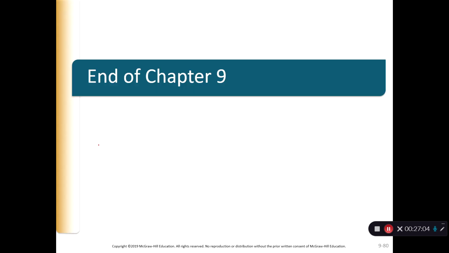Okay, so we are at the end of chapter 9. I wanted to give you a quick review of what's happening. We are talking about long-term debt. At the beginning, we said we were talking about the capital structure, right? We said there are two ways of financing. One is borrowing, and one is issuing equity, right? And we said borrowing is actually cheaper because there's a tax benefit, because the interest expense is subtracted before net income, and therefore you're paying less